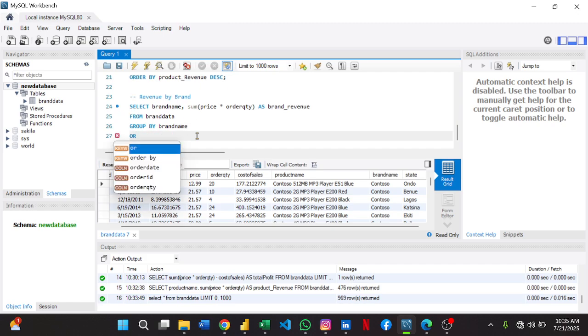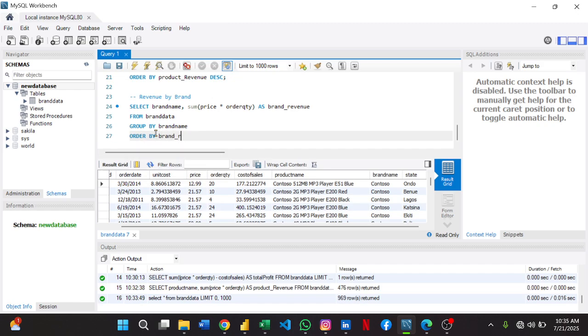So everything can actually be written on one single line of code. But basically, why I write my code like this is so I can correct my errors easily. So if you write it on a straight line, it does not mean you are wrong. You can decide to write on a straight line. You can also decide to write it like this as well. So I prefer to write my queries in SQL like this. It makes it much easier for me to interpret my code and see where I have errors and easily correct them. So continuing with that, order by brand name, brand revenue,